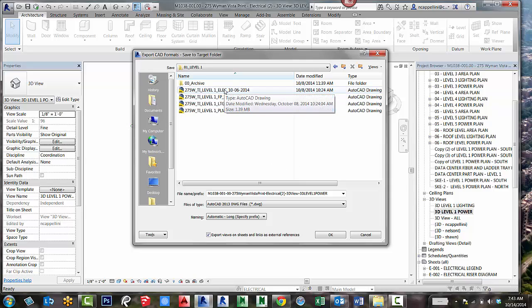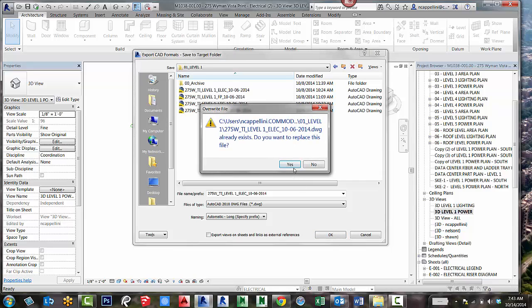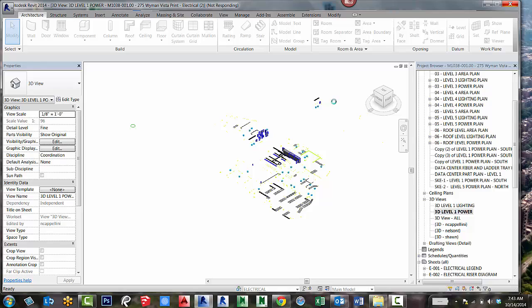So I'm going to go ahead and click on Level 1 Elec that I already created, and because I already did this before, I'm just replacing the file that I already created. And I'm going to go ahead and save this to a 2010, just in case some of the subs are working with an older AutoCAD software. Okay, and because I already created it, I'm going to replace it. So that's how you export a 3D DWG, and I'm going to go ahead and do that for every one of these